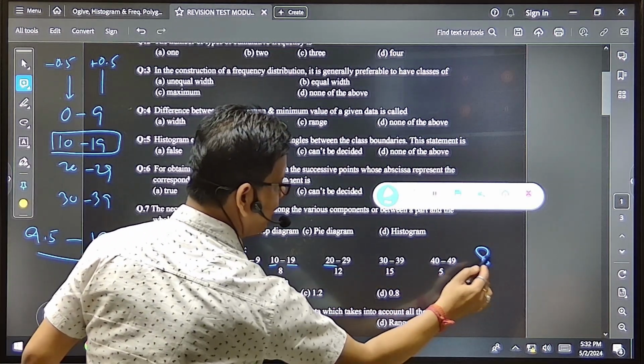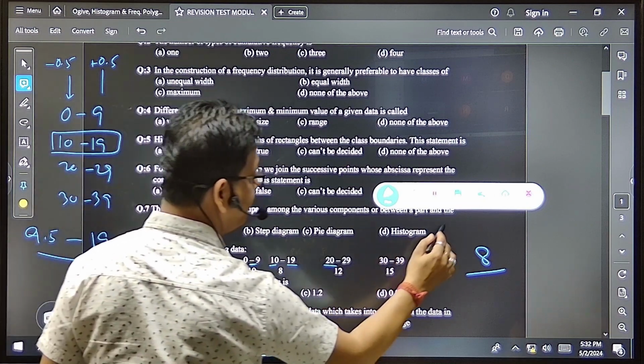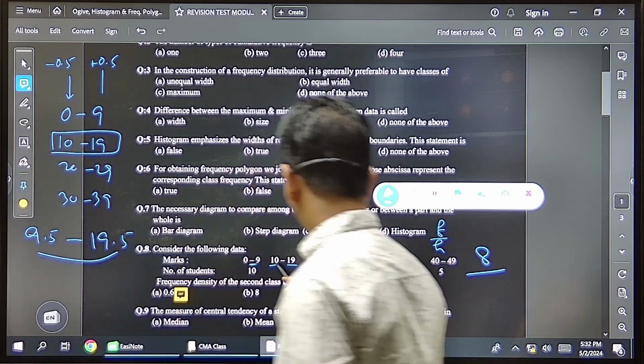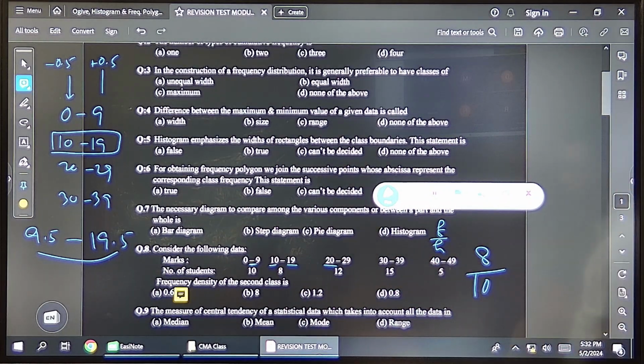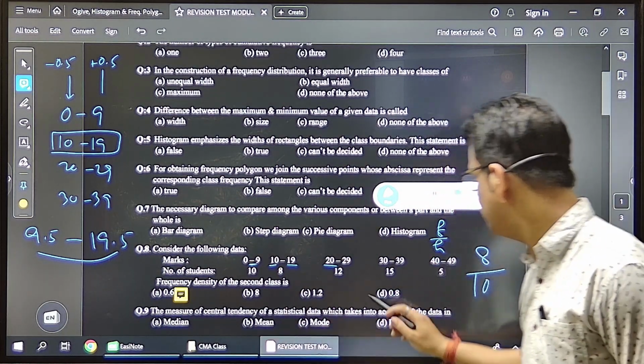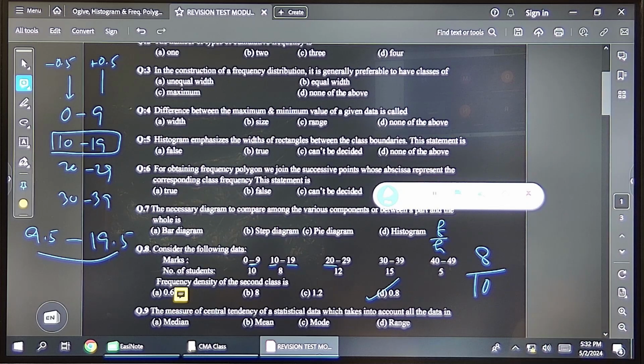Hence, frequency by, what is the formula? F by H. So F is 8 and then H is 10. Is the option there? This one, 0.8. Clear now? Clear, all of you? Okay. Then,